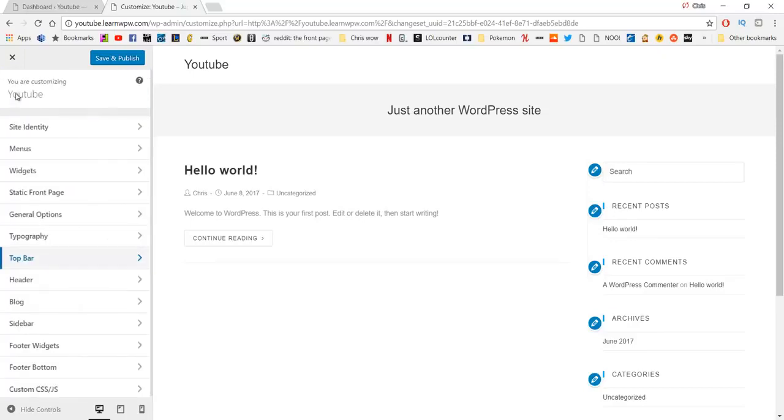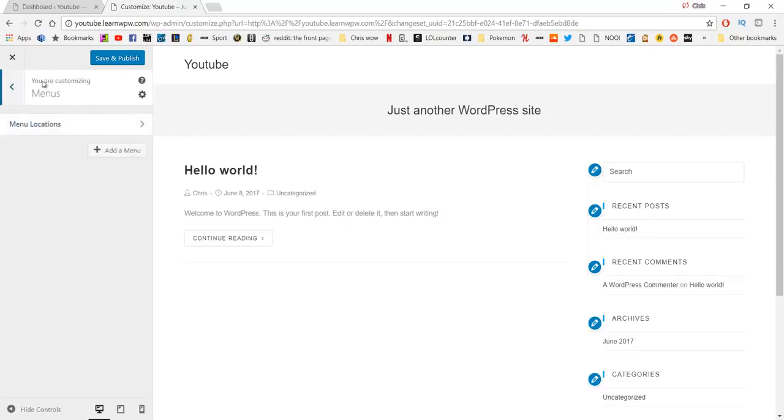So now if we go back and back again, and we want to get this navigation menu set up, we're going to click on menus. And as you can see, we have no menu, so we're going to click add a menu, and we're going to call it main, as it's your main menu. So if we click create menu there,